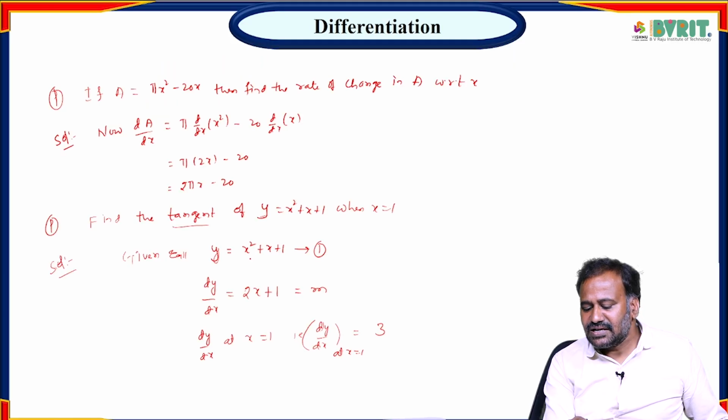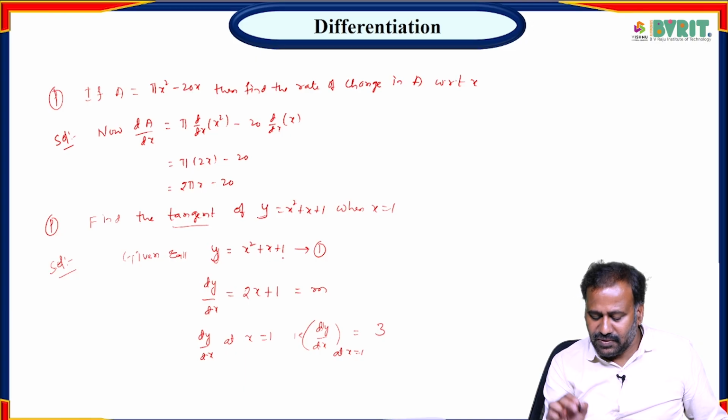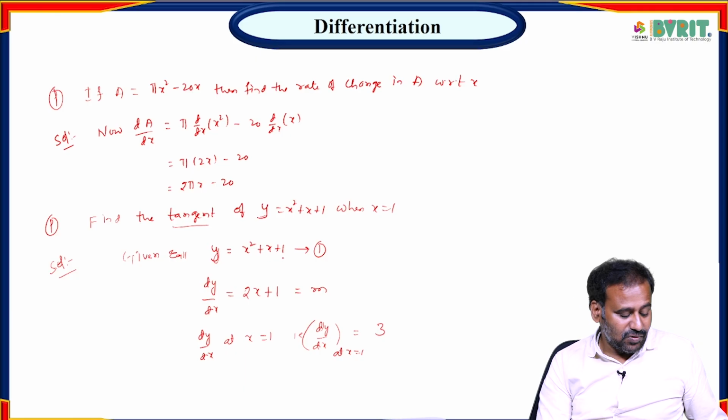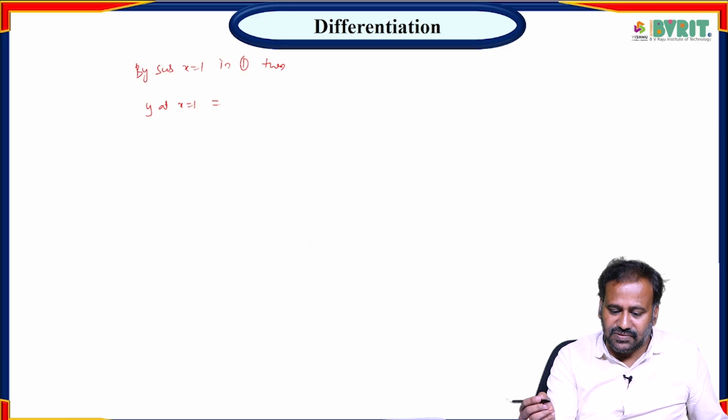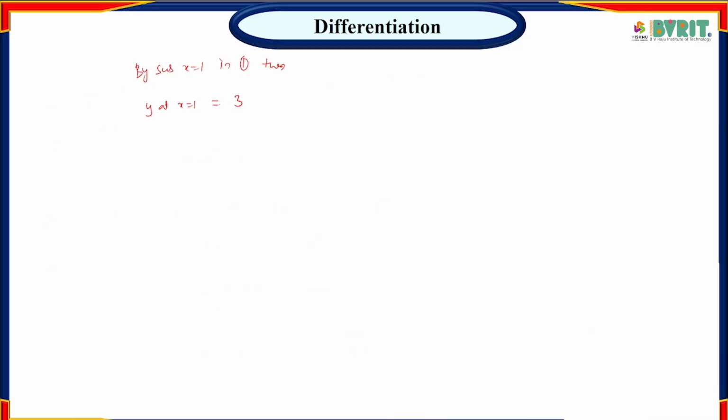Wherever x is there, I should write 1. So first 1 square is 1, plus 1, 1 plus 1, so again I am getting 3 only here, so this value is also 3. What is it asking us to find? We need to calculate the tangent line equation, and the tangent line equation is, we know very well, which is nothing but,